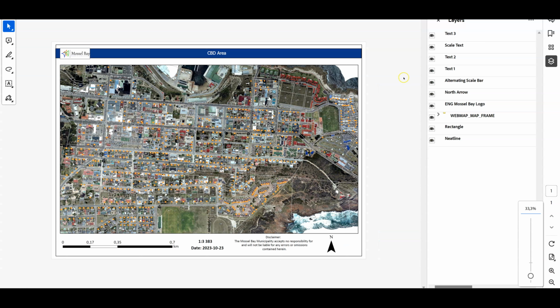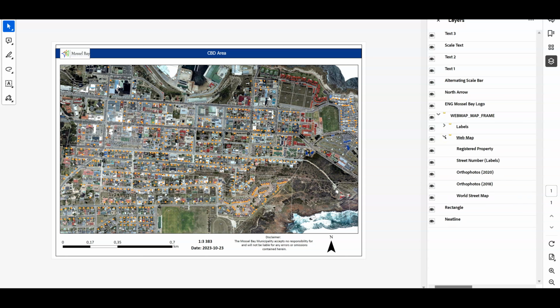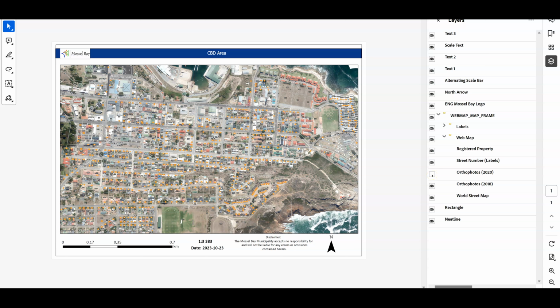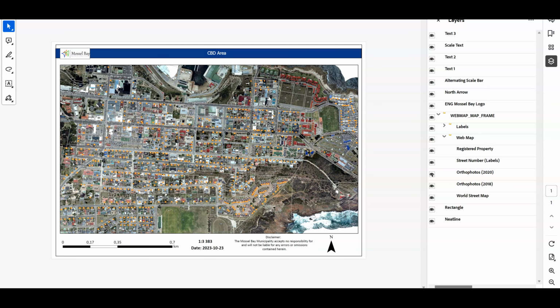Okay. And now once again, we can go and switch layers on and off. But remember, this time we added the Ortho Photos of 2018. So now we can switch off 2020, which is being shown, and then that's 2018. So now in the PDF, you can distinguish between the two layers, and you can switch layers on and off. So if you, for example, want to print a map with the 2018 photos, you can now print this map. And if you want to add the 2020 Ortho Photos above that, you can then simply switch it on